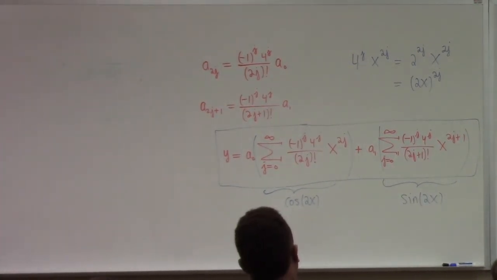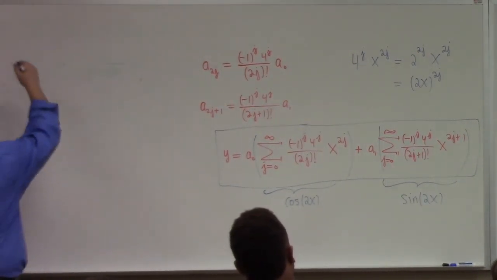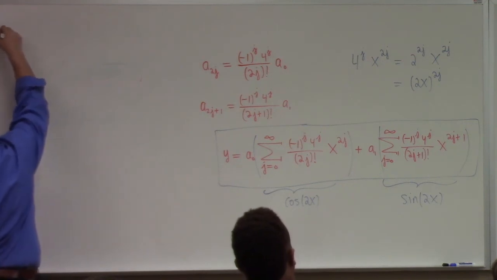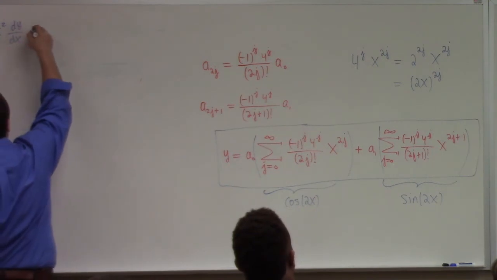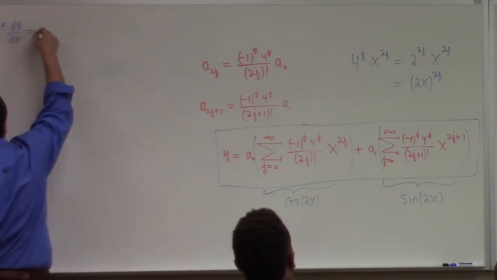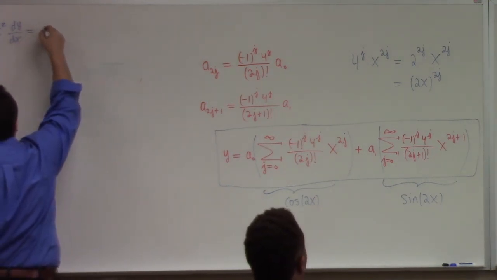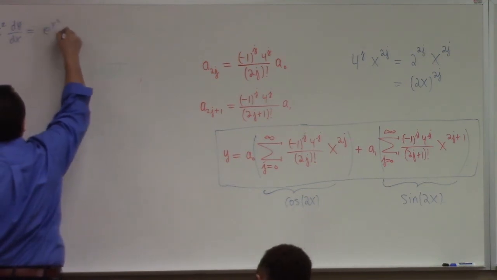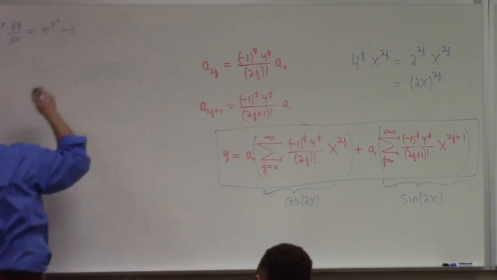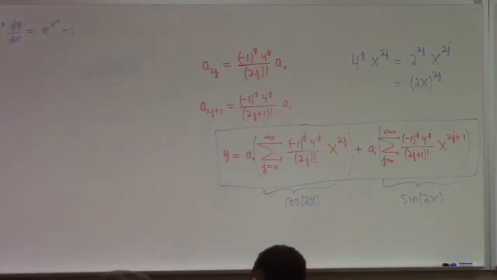Some of these you don't have to do this way. For example, if I was going to solve x squared dy dx equals e to the x squared minus 1, if I was going to solve this,